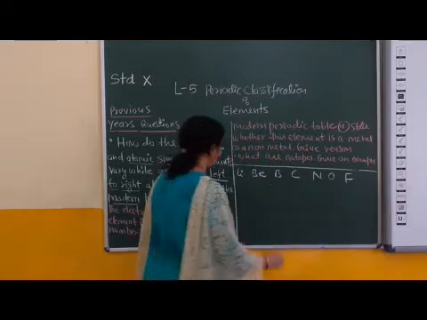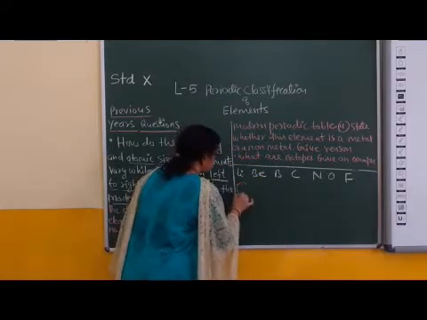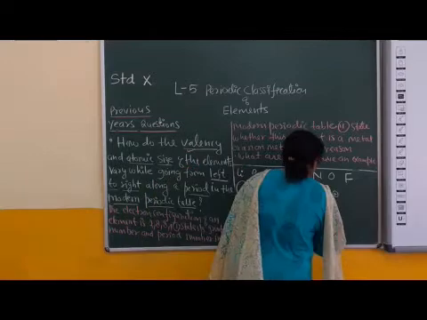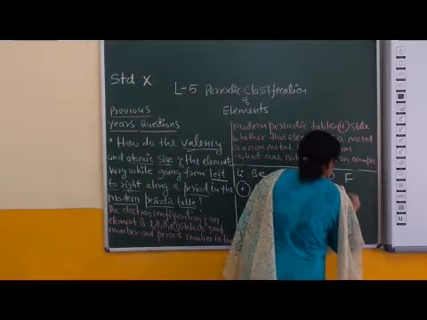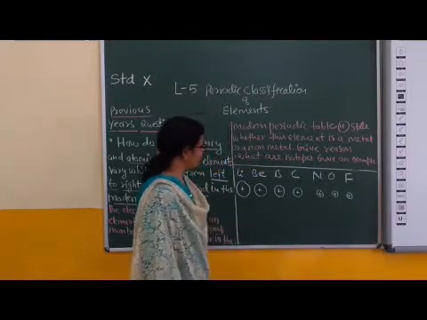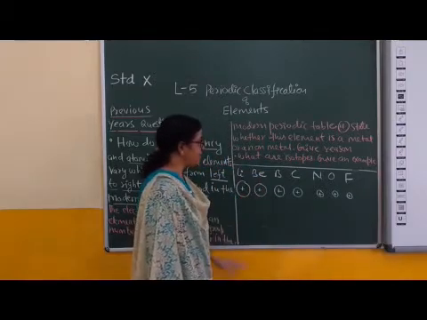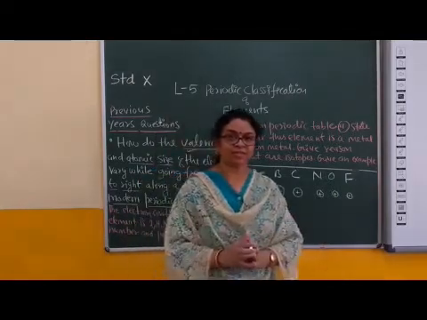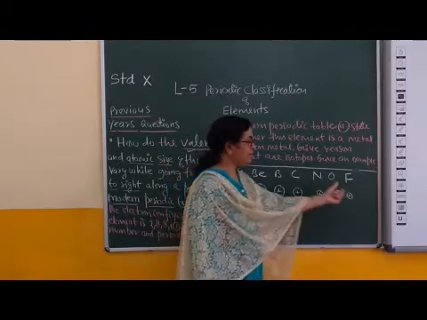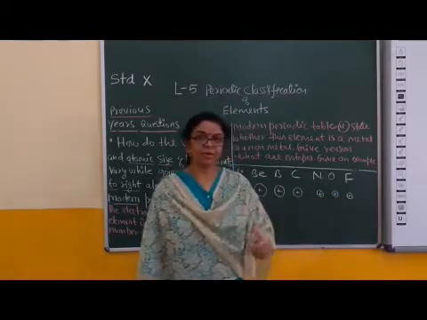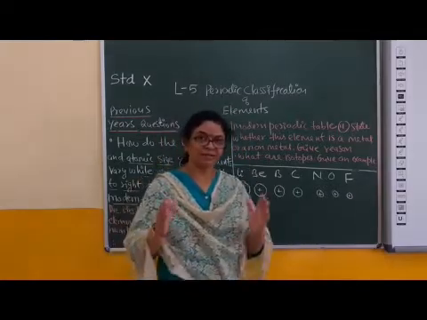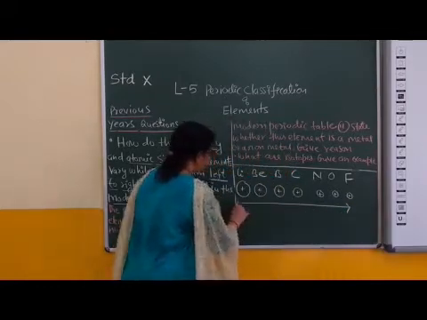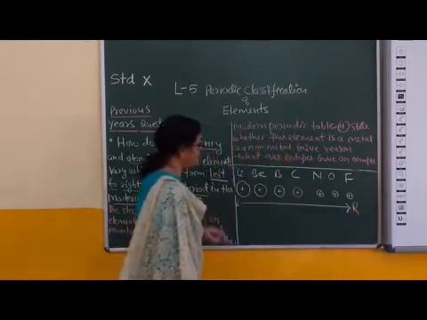This shows exceptional behavior. What is the trend? Decreasing size. For example, like this. Okay, children, what is the trend? Decreasing, right? Because all elements are placed in the same period, the number of shells remains constant, only valence electrons increase, from 1 to 7, right? Then increasing the number of valence electrons always decreases atomic size, right? Direction is from left to right, or across the period.